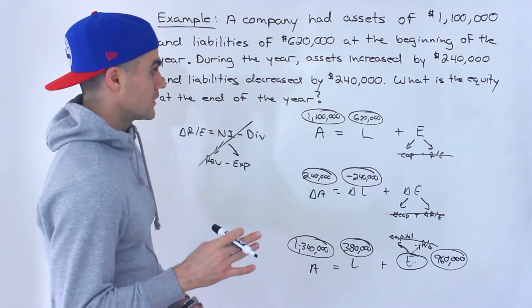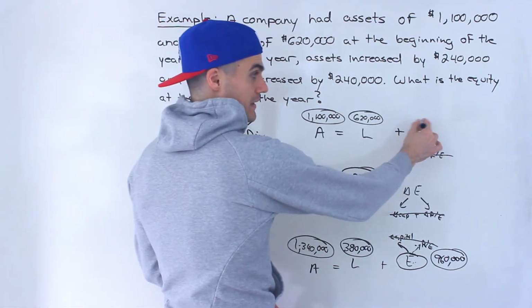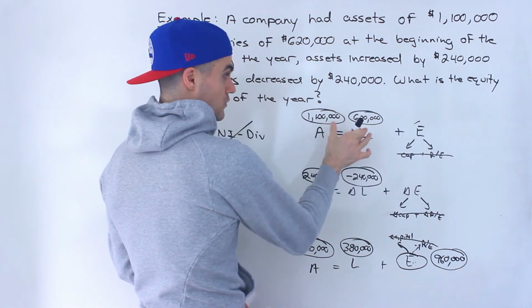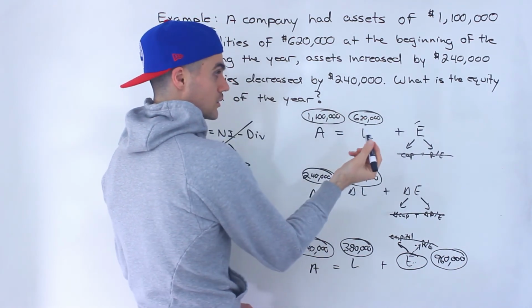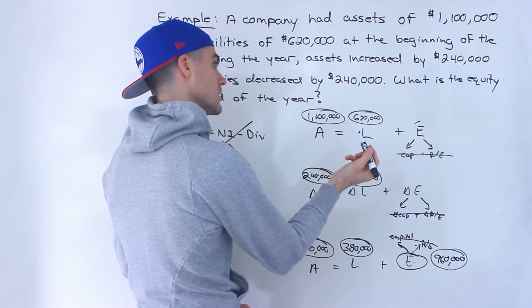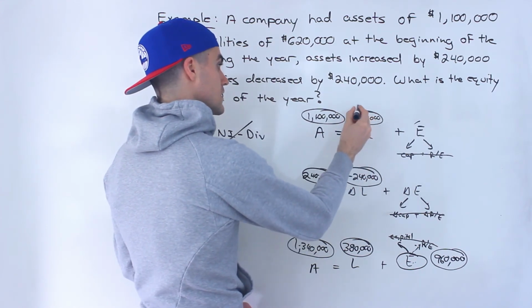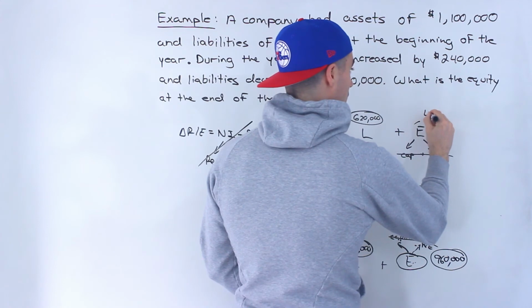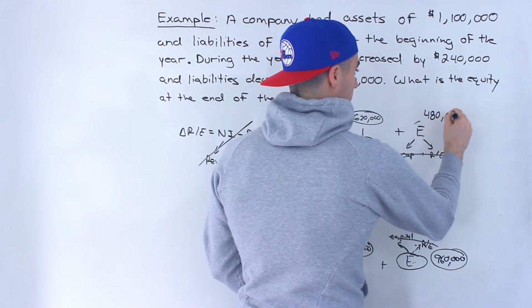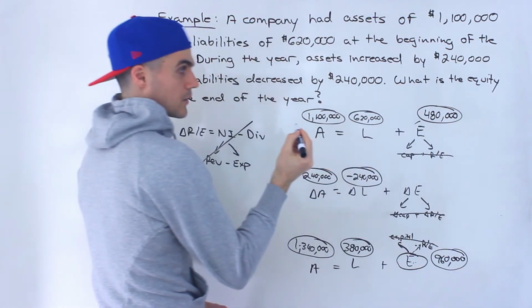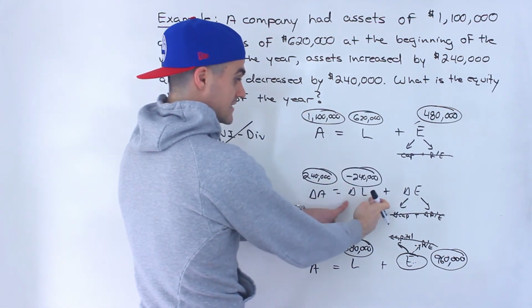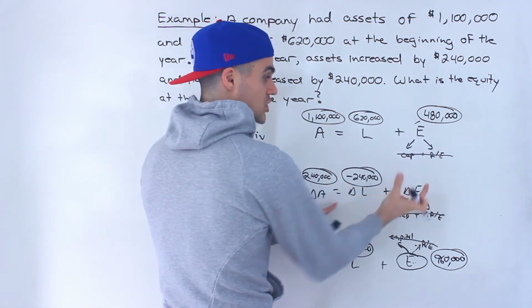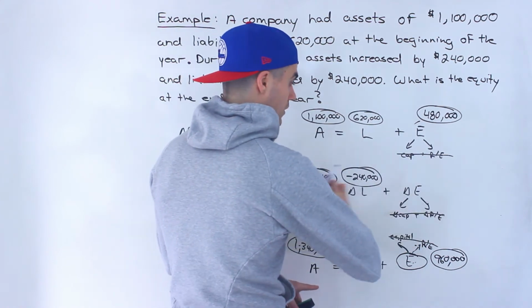What's another way we could have done this? Well, we could have found out what the beginning equity is from this over here. So we could have took the 1.1 million minus the 620,000, and that would give us what? This would be 480. That would be the beginning equity, 480,000. And then notice that we have the change in assets and the change in liabilities, so we can find out what the change in the equity is,